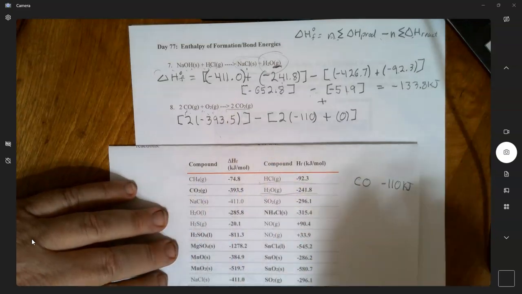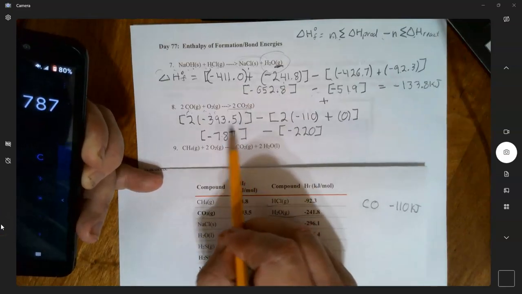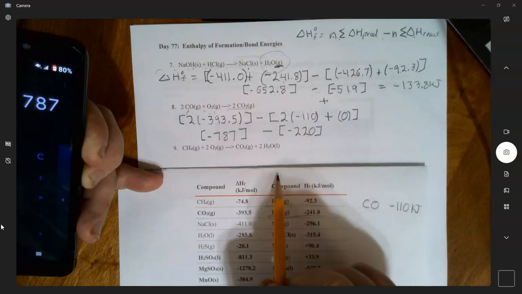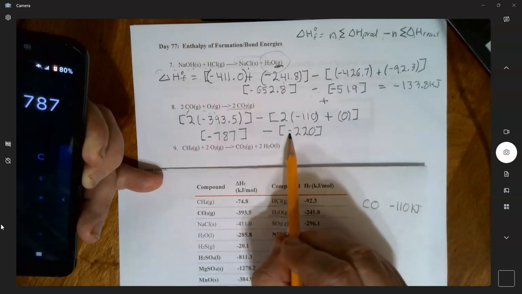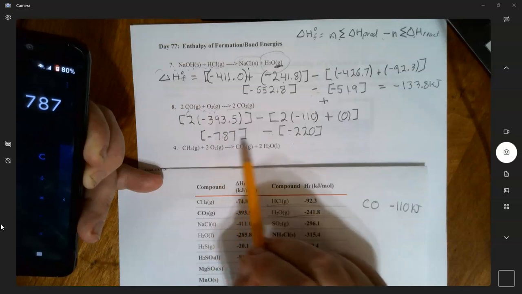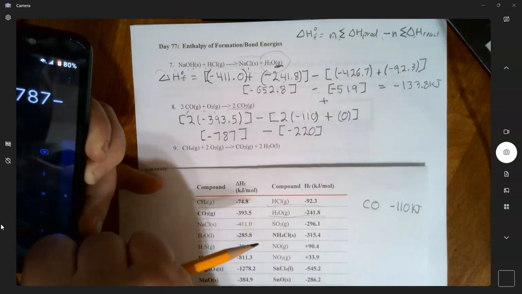Okay, we'll go ahead and do the math on this. Okay, so negative 787 is what we got from this. Negative 220 is what we got from this. You have the double negatives there, so that becomes a plus sign. So it's negative 787 plus 220. And that would give us